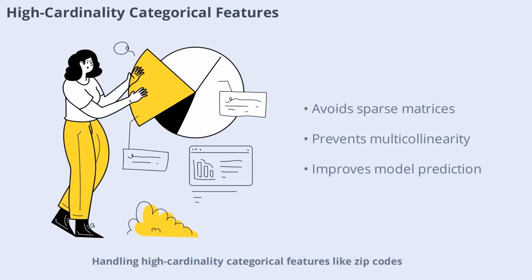Handling high cardinality categorical features, like zip codes in linear models, can be challenging. One-hot encoding creates thousands of sparse columns, leading to multicollinearity in the dummy variable trap. Instead, target encoding replaces each zip code with the mean target value for that zip code or groups them into larger regions. For example, an insurance model might use the average claim payout for each zip code, keeping the feature